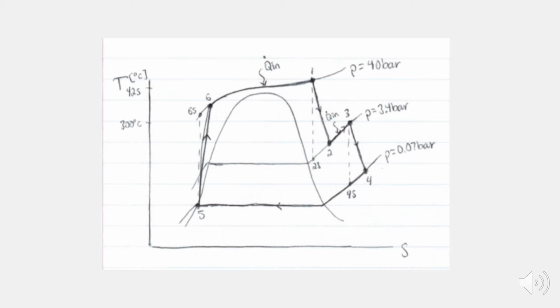This is good for turbines in general. If you notice in the graph, we have one isobar from state 6 to 1 that is on top of the curve, and that's because the ammonia in these states is actually supercritical. The other isobars are P equals 3.4 and P equals 0.7. In general,